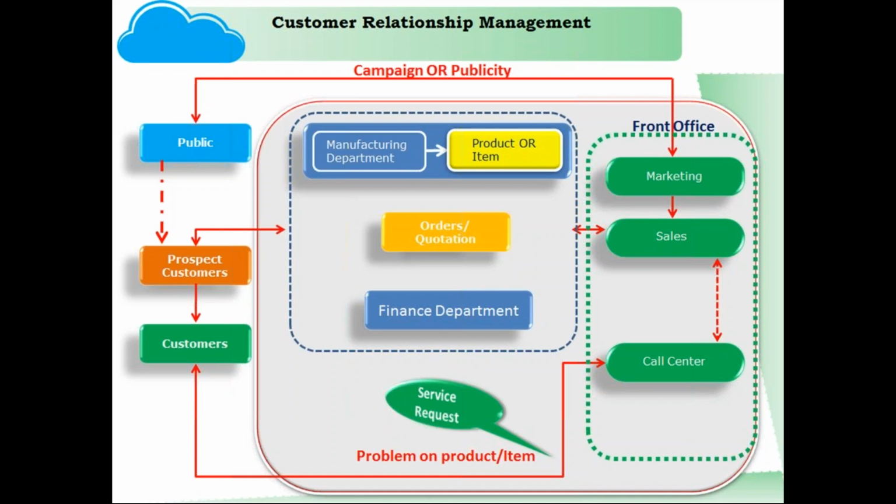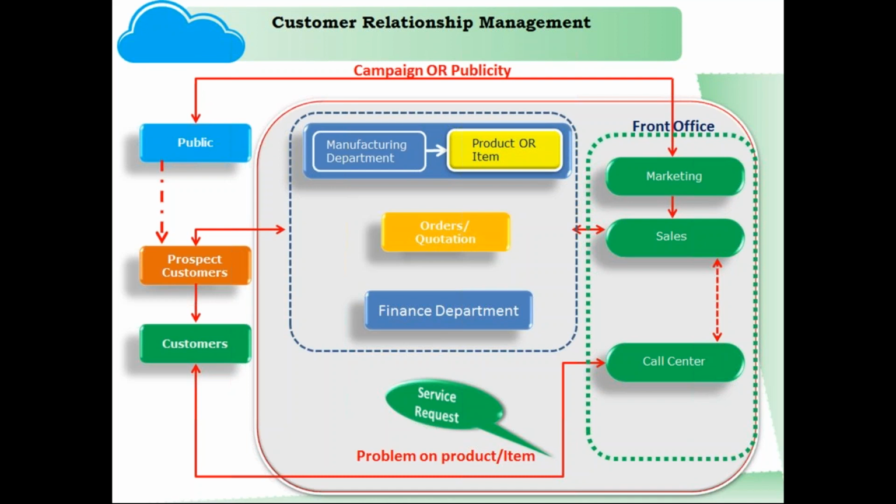Later they will change the status of those 50 people who showed interest in the product. As soon as the status is changed, the information of those 50 people is passed to the sales application automatically. How will it happen automatically? There are some processes built in the backend of this application. Those processes will take care of populating all these 50 people's information from the marketing application into the sales application.